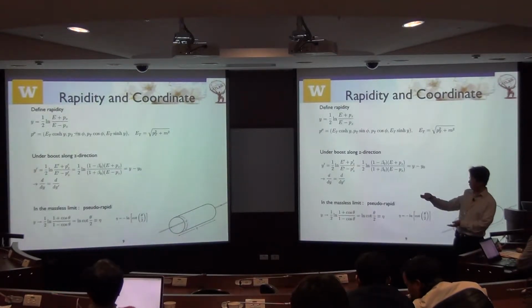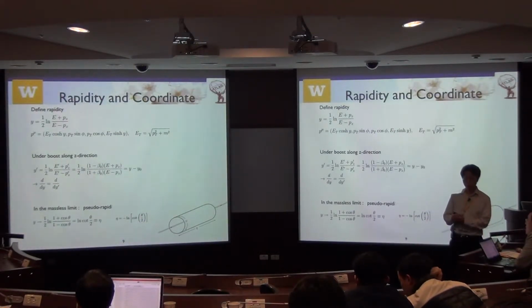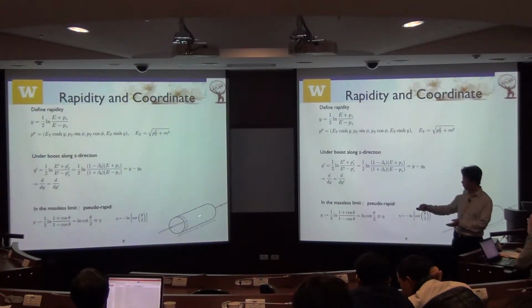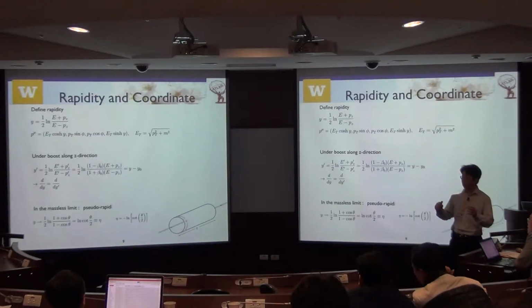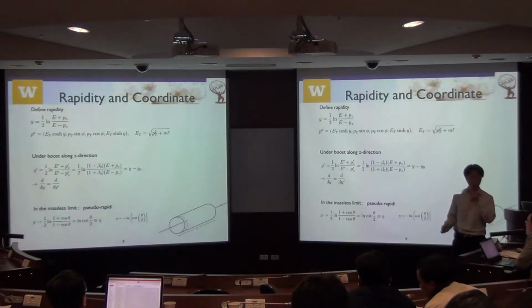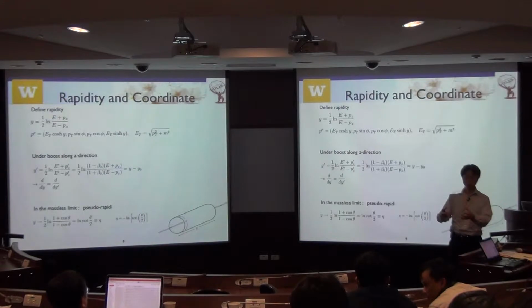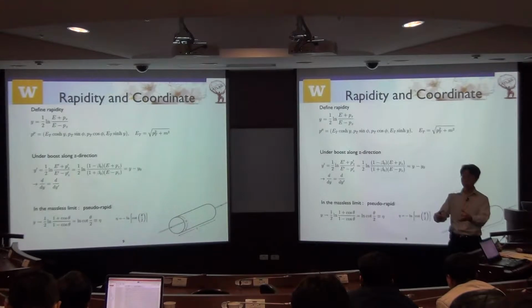So it's defined this way, and the benefit of defining rapidity in the hadron collider is this: if you have a beam going around a beam pipe, most of the system actually will be boosted along the z direction, right? So if you calculate your hard physics, usually you want to sit in the center of mass frame, because that is an easier reference frame. You can generate Monte Carlo